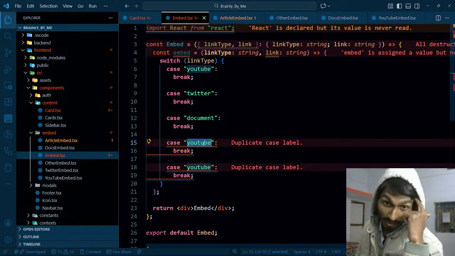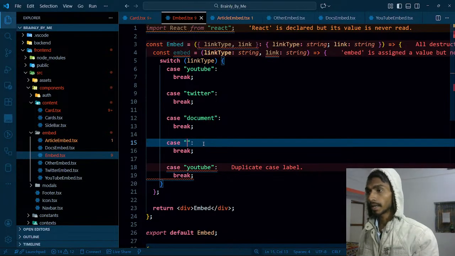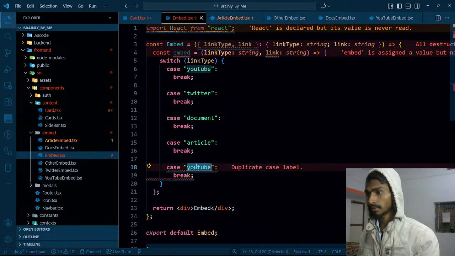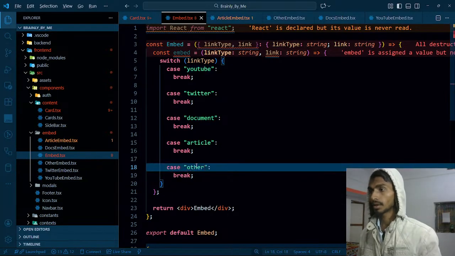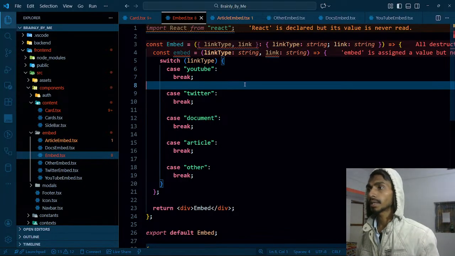Yeah, this is crazy. I had better just fix this thing too, but never mind, later I'll do it. Article, and lastly I have article and others. Okay, so this much I've done over here, and once I got the link type, on the basis of that thing,